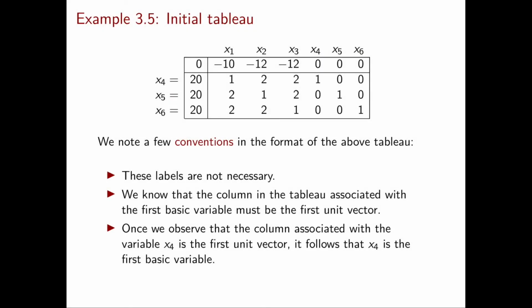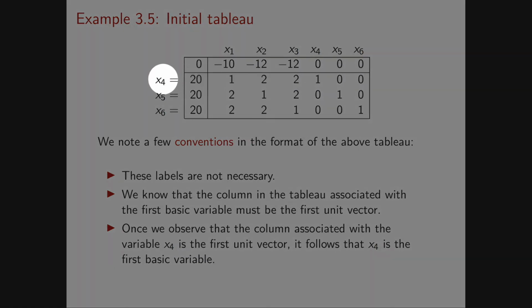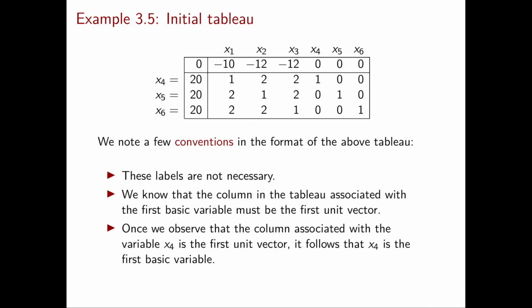In fact, we know that the first basic variable, in this case x4, will have the associated column, in this case here it is, the column of x4, which is the first unit vector. And in fact here we have the first unit vector. Therefore I could have just found this unit vector in my tableau. Now this is the column corresponding to x4, and so I look at the row where the 1 is, and correspondingly I will write x4 here. Similarly, the second basic variable corresponds to the second unit vector. So also in this case, I could have found the second unit vector, here it is.